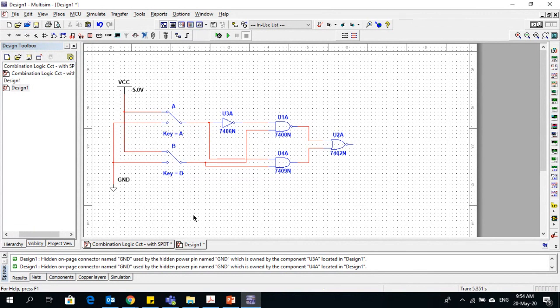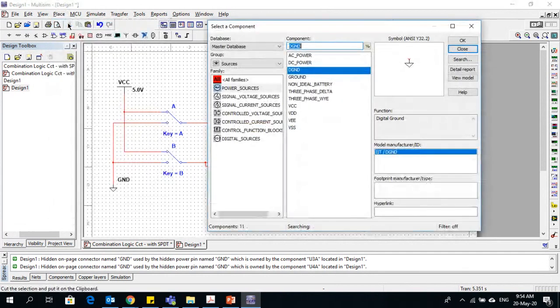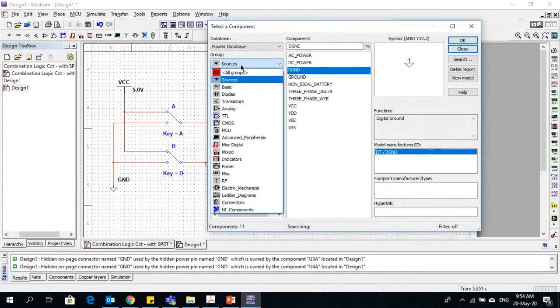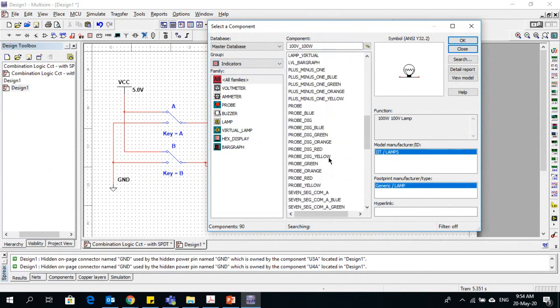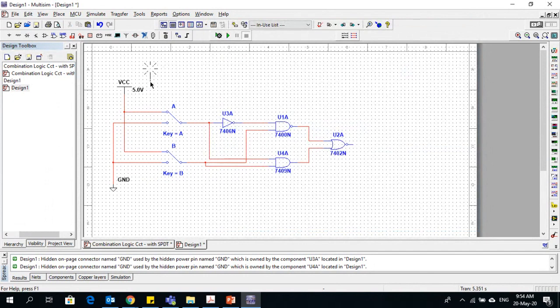Okay, now the circuit is made. I need some indicators to show when the input is high or when it is low. How can I do that? I will place components, and I will go in the indicators. You can see the group indicators here. In the indicators I will go in some probe. Probe is an LED which you can see right here, probe digital blue. So I will use one blue LED for, you can say,